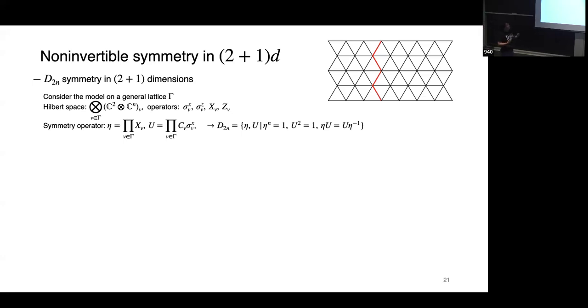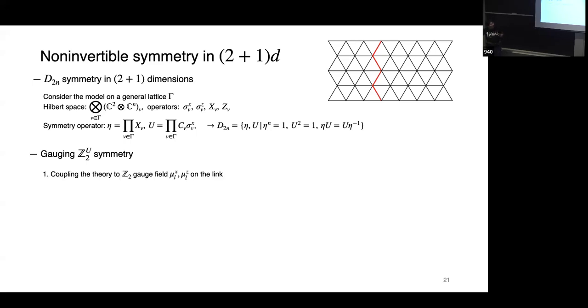So we can have some symmetry operators. One is a Zn spin flip symmetry operator. The other one is a Z2 operator given by the charge conjugation of the Zn and the spin flip of the Z2, the product of them. You can check that they follow the D2N symmetry group structure. And what we do is similar. We gauge the non-normal Z2 subgroup, and we will get non-invertible symmetries.